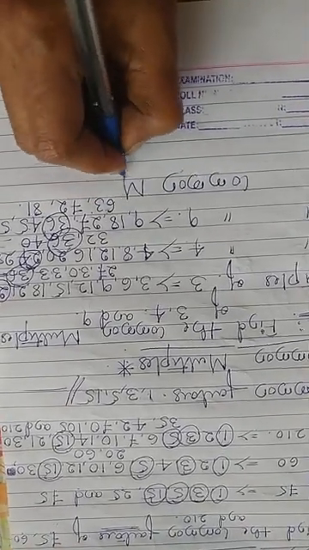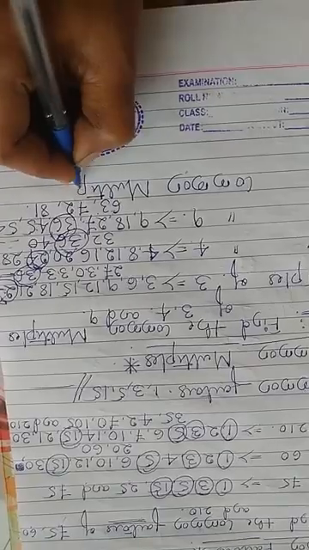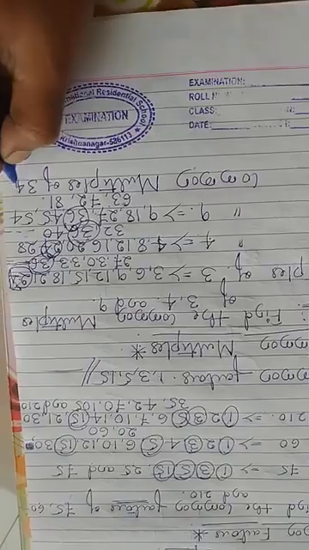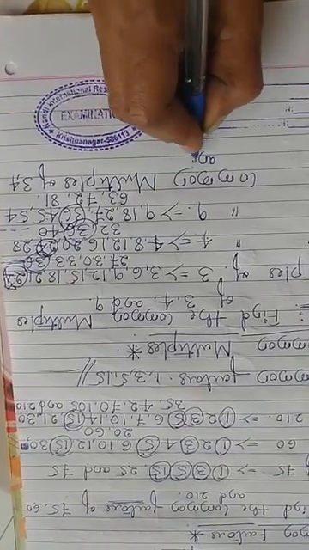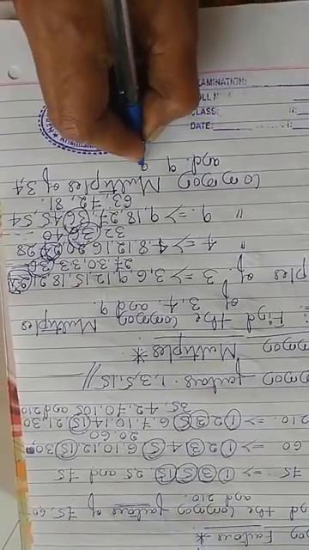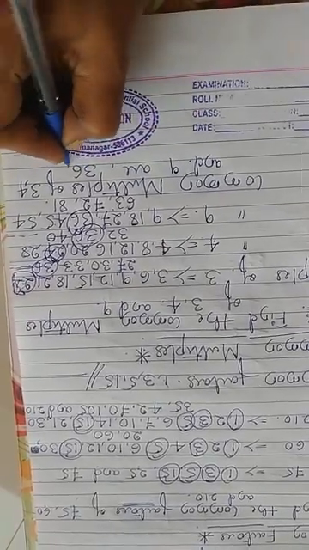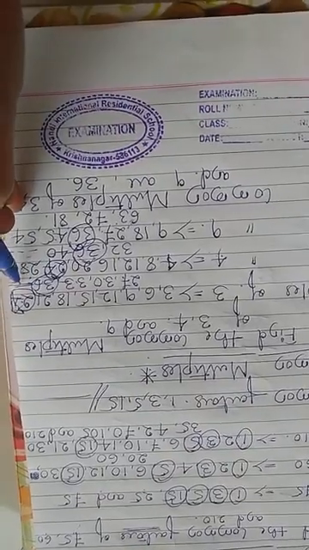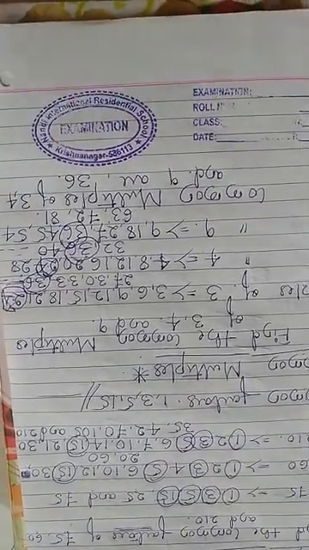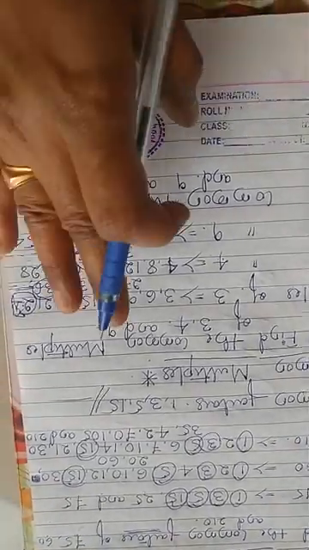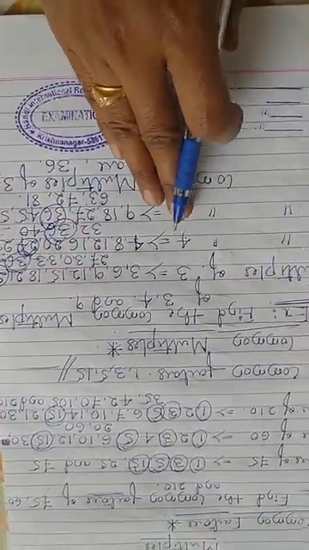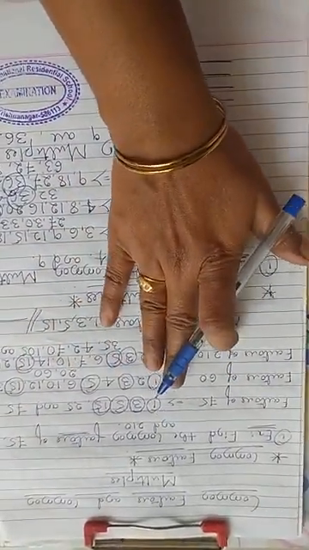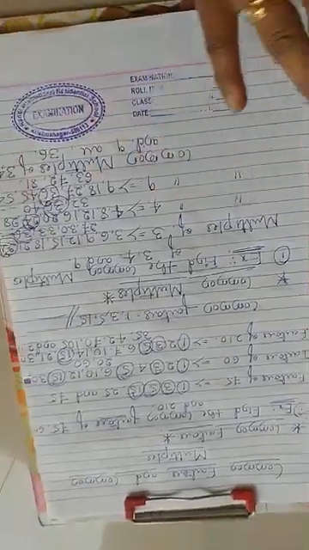Common multiples of 3, 4 and 9 are 36. You have to write more multiples, and the common multiples increase. Simply, I have told one example. You have to write once again, and more problems are there.